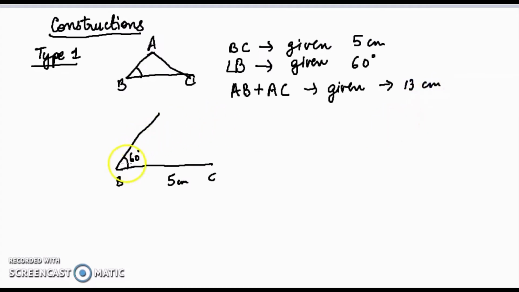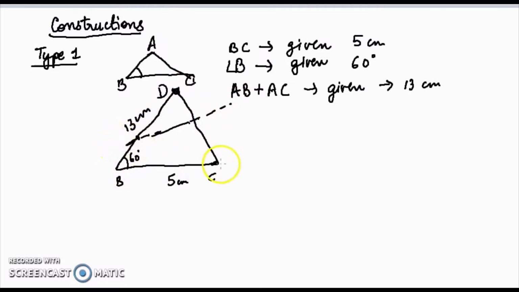So what you will do is you will be measuring 13 centimeter on this line. That is, this angle B arm will be extended till a point D such that this BD should be 13 centimeter. Then you will join DC. After joining DC, you will construct a perpendicular bisector of DC, and that perpendicular bisector will be intersecting this side somewhere. This angle arm, that is BD, side BD, it will extend at a certain point. That point you will be marking as the third vertex of the triangle.